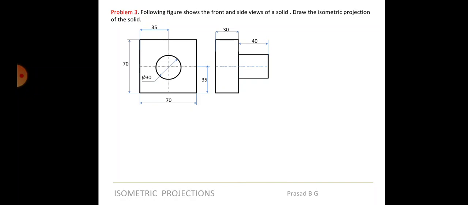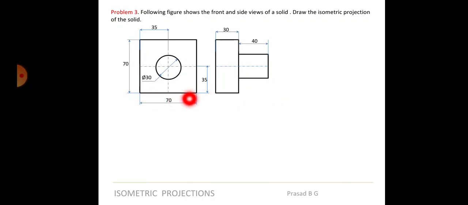So you have to draw a cylinder. Even though it's a single object, it is actually a combination of 2 things, isn't it? It's a prism and a cylinder clubbed together, but it is not placed one above the other, it is joined together like a T. Okay, so dimensions are given. Based on these dimensions, you will have to draw the sketch. Okay, so you can see it's a square on one side.